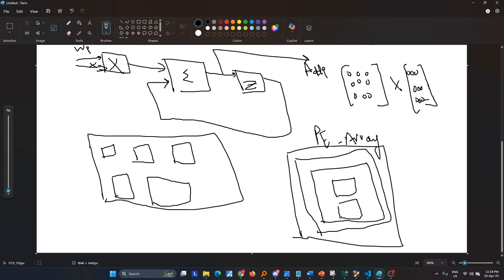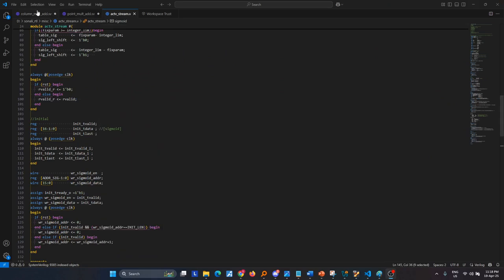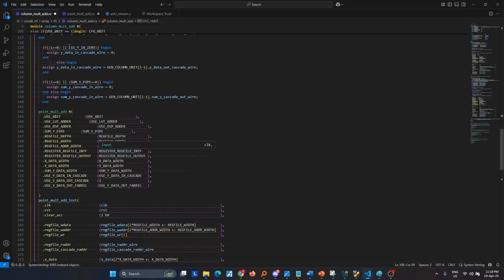we'll have this column multiplier where we'll take each column and then take one element from each row, and this point multiplier basically will have column of I times row of I. So this essentially will be used for the matrix multiplication, and this entire diagram will then become part of the PE array. In the code, what we'll see is first we have the column multiplier where we are using the